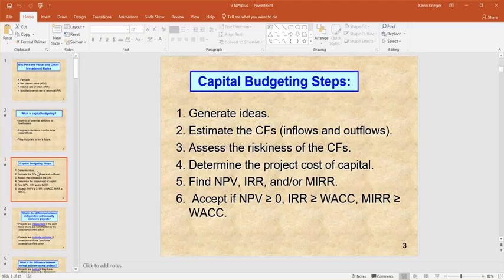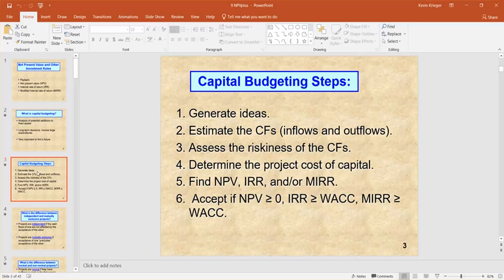Estimating the cash flows, inflows, and outflows of a project is its own topic. I mean, it's its own big piece of effort and work. So here in this chapter, this presentation, we're going to mostly be dealing with situations where the cash flows are kind of given to us. They kind of fall out of the sky, if you will, from a textbook that wants us to see if we can get a problem right. But practically speaking, actually estimating cash flows, inflows, and outflows in order to help make the decision is a big part of the work.